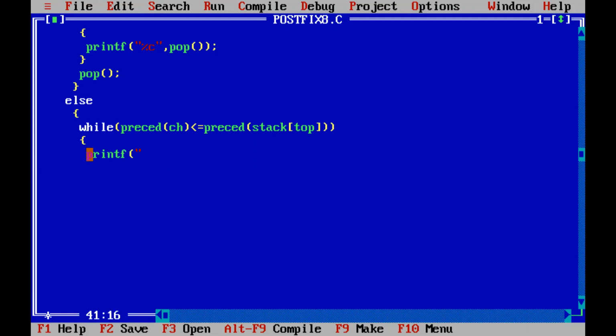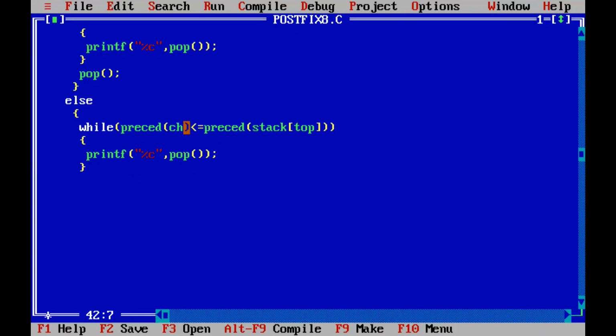So in order to print the character on top of the stack, operator on top of the stack, you are using a %C, and then you will be using a pop function, same as what we have done for the above. So you'll be printing and popping. So you'll be popping out the operators from top of the stack, until that precedence becomes equal.